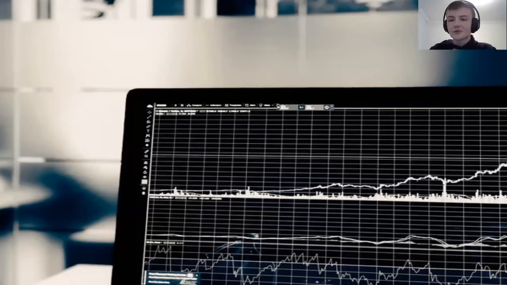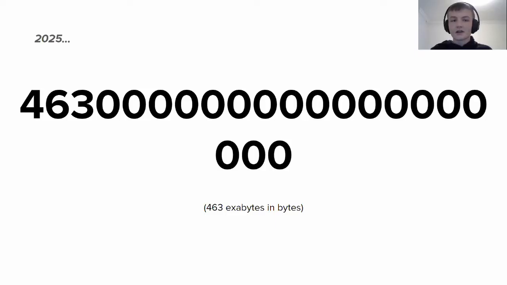As the world around us grows more and more interconnected, and the Internet of Things produces increasing amounts of data about the world around us, we need a way to sort through this unstructured data. In fact, by 2025, we'll be producing 463 exabytes of data every single day. Now, just for context, this is what 463 exabytes looks like in bytes. Keep in mind that this is per day, not even per month or per year. Every single day, we'll be producing this much data.